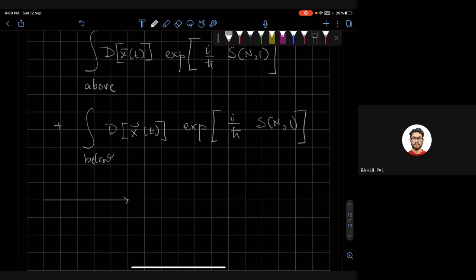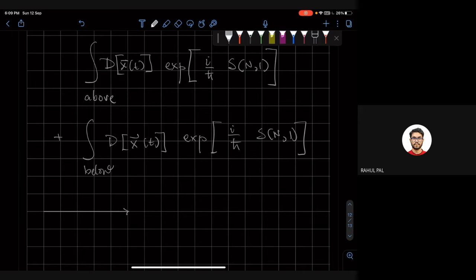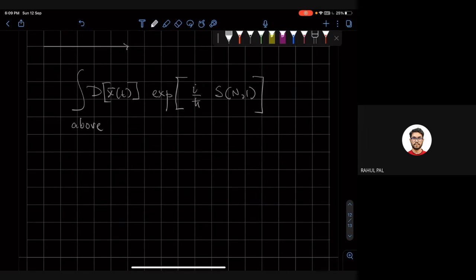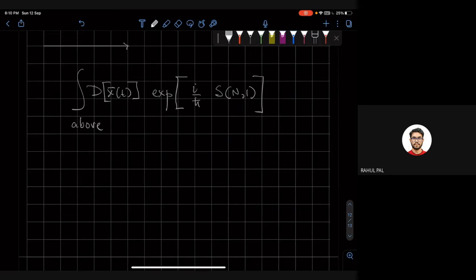But when we turn on the electromagnetic field, this guy will still be there. So I'm just going to copy and paste. But it's going to pick up a new factor, and that factor is going to be an exponential. So this is inside the bracket. And outside the bracket, there will be an exponential of iE divided by h bar c of all the line integrals